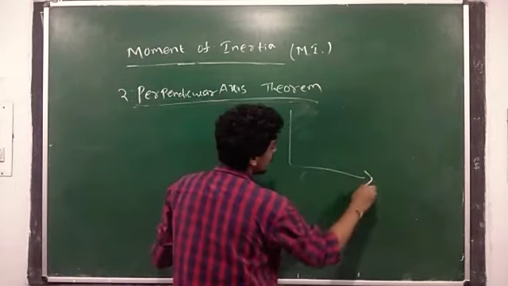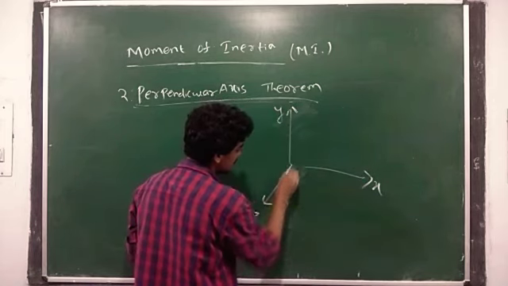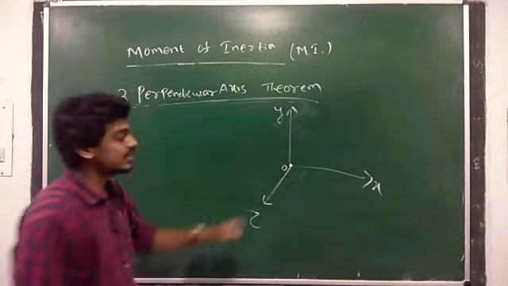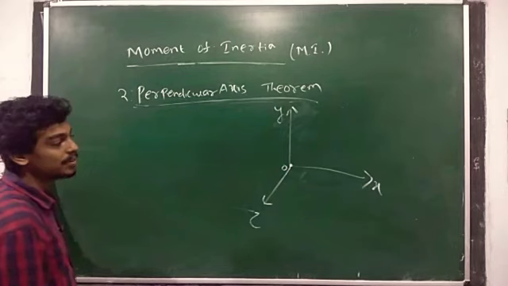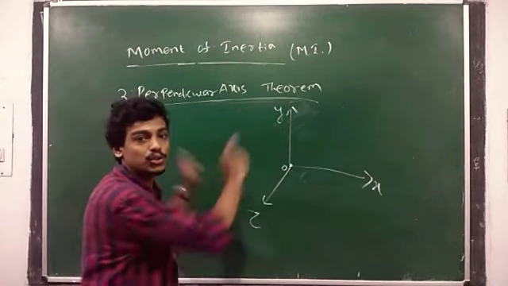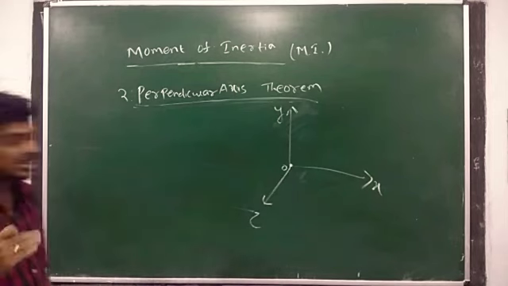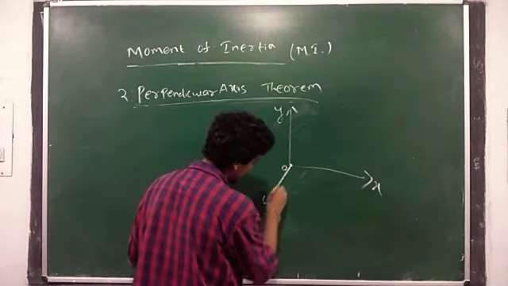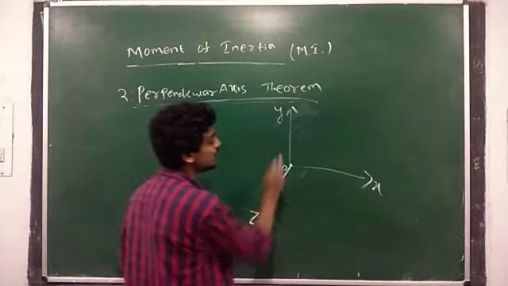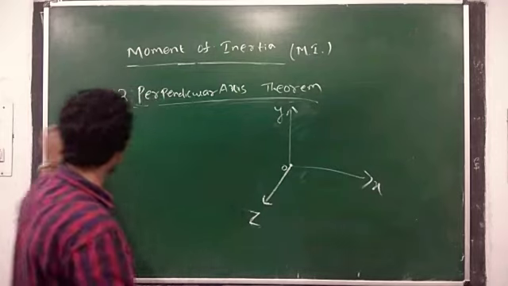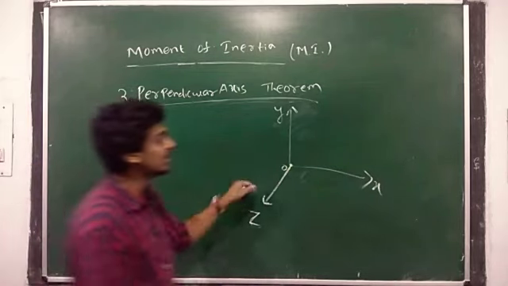Suppose we generally have three directions in every case. Suppose this is the origin, so this is the x direction, this is on the board, suppose this is x, this is y, and one more direction that I cannot show on the 2D board, that is perpendicular to these two axes, that will be coming towards outward. So I just showed here, suppose this is our z axis. So this is perpendicular to both the axes, like x and y are perpendicular, this z will also be perpendicular to both the axes.